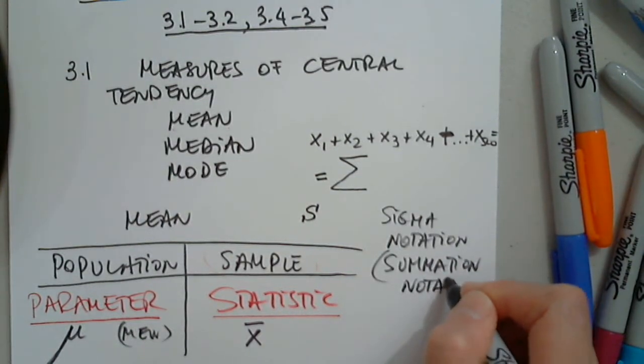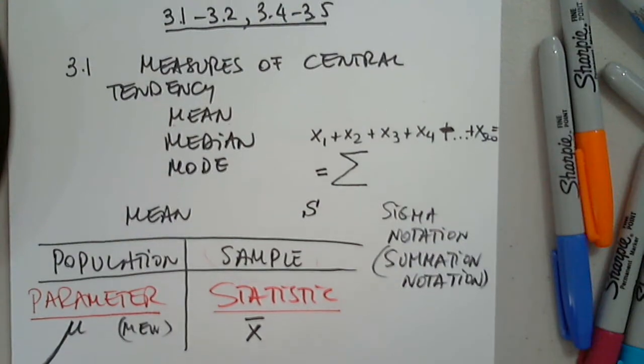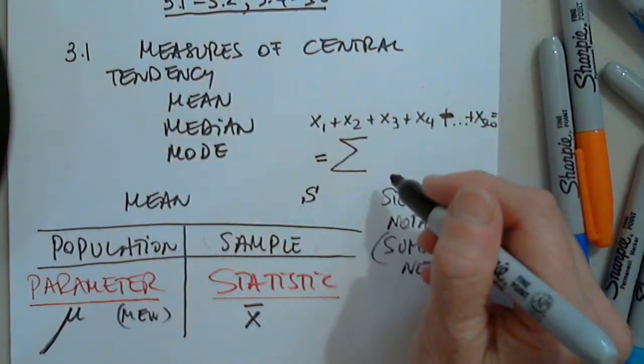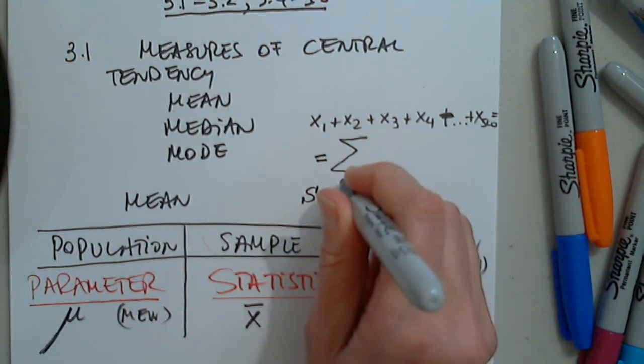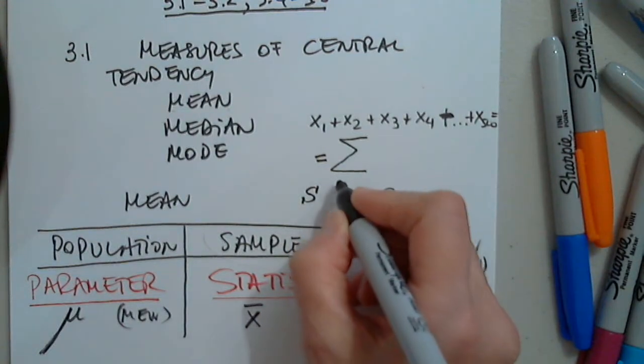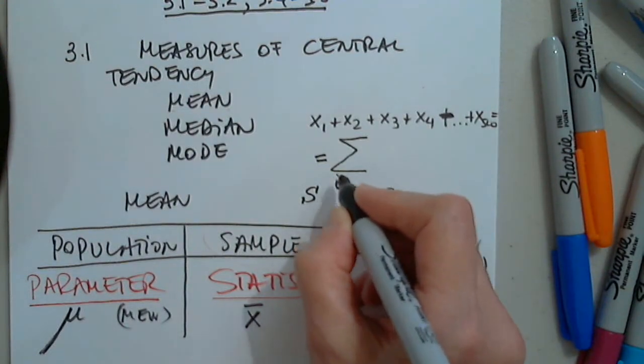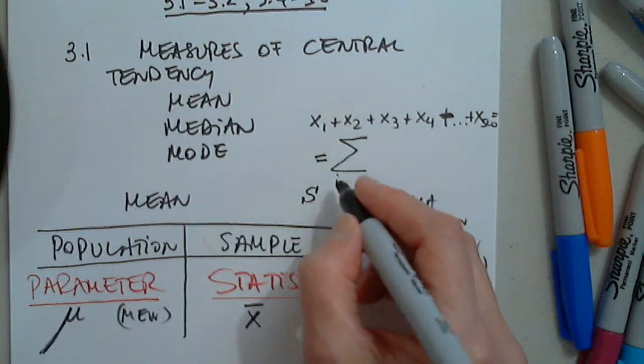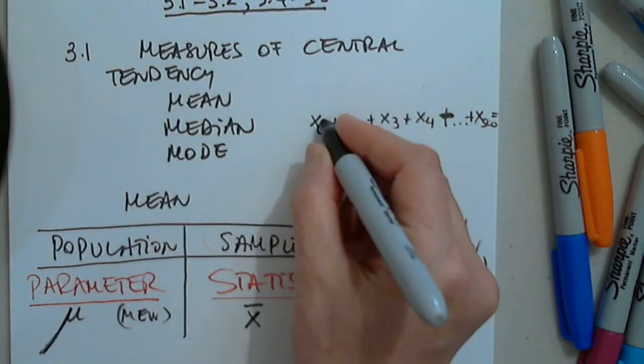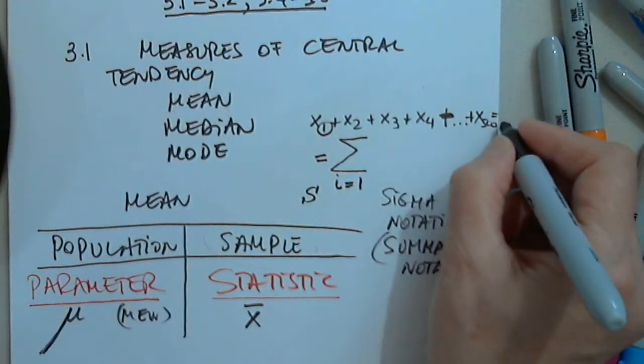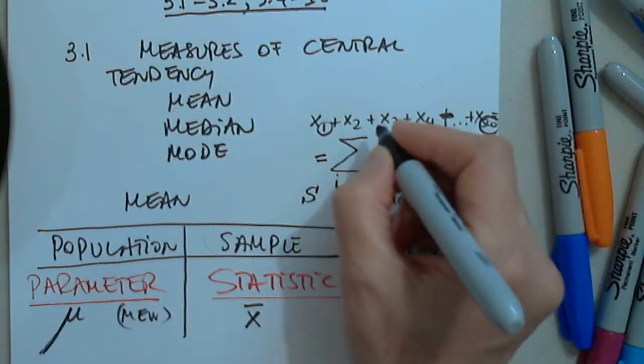I would like you to know what this means. The summation notation always has an index. We like the indices to be i, j, or k. So from i equals 1 till the very last one, which is 500,